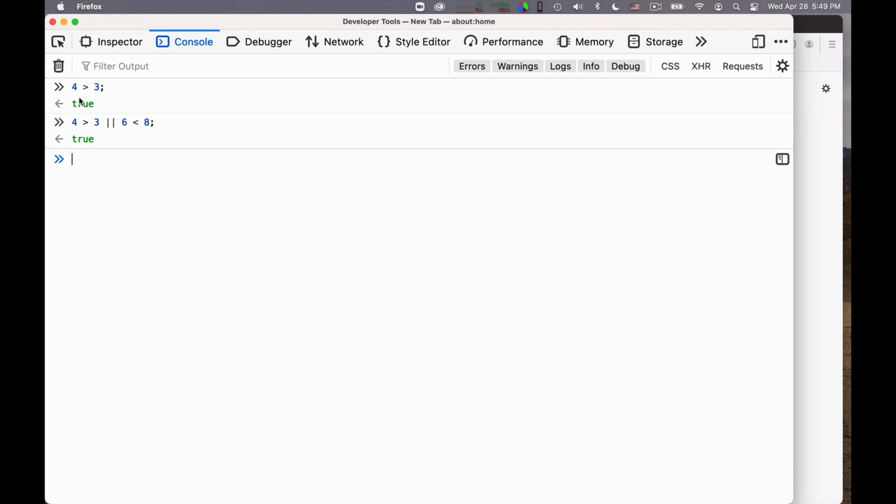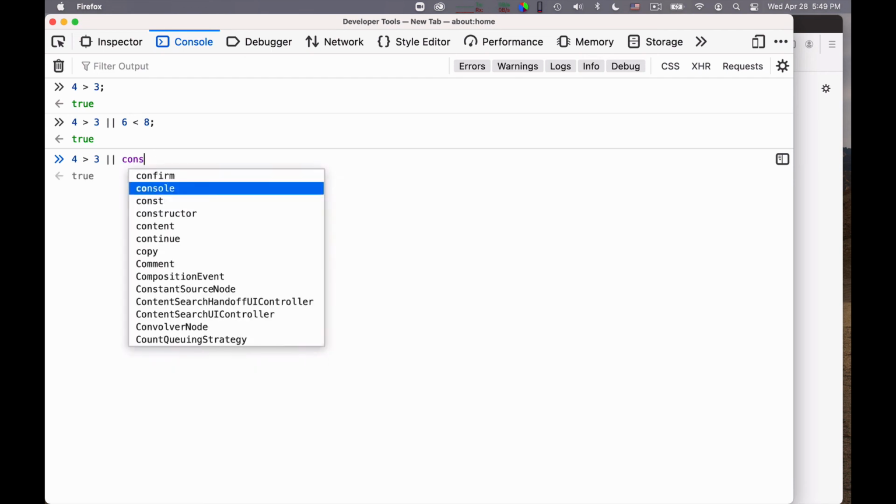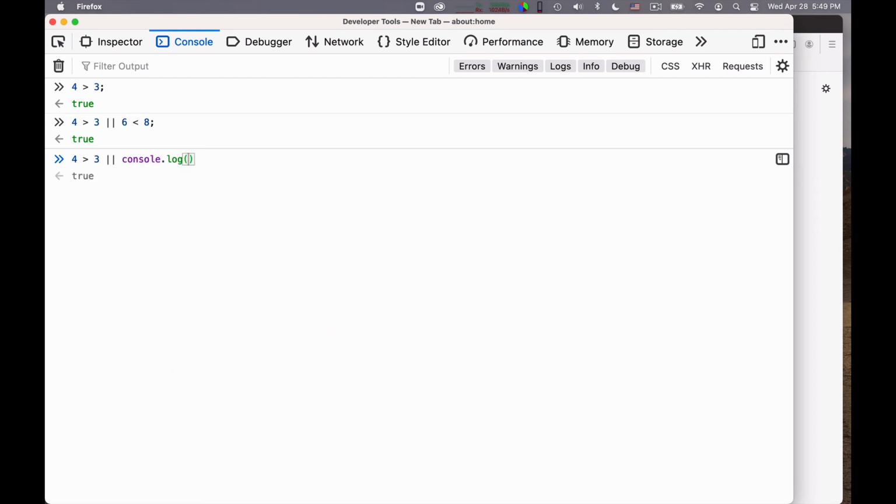What is important to notice is that JavaScript, like Python, uses cheap evaluation of these Boolean operators. So if the first alternative is true, the second is never evaluated. For example, I can replace the 6 smaller than 8 with a console log of hey, okay, and if I evaluate these, the result will be true because this already evaluates to true.